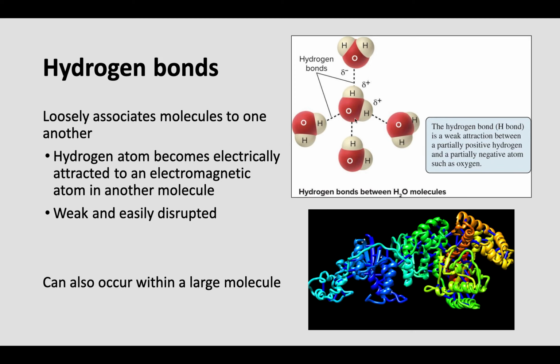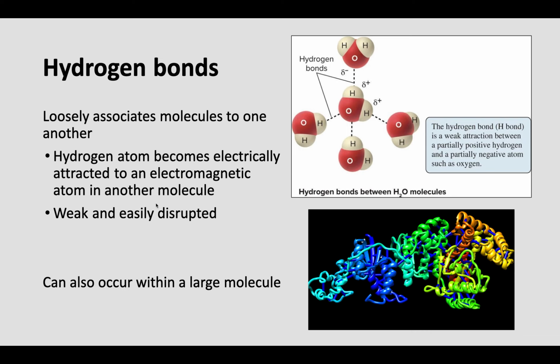That partial negative charge on the oxygen is going to be attracted to the partial positive charge of a hydrogen of another molecule. So molecule to molecule, they're attracted at different ends of their molecules, and they're going to create these hydrogen bonds. Now, as I mentioned, they're very weak. They're very easily disrupted. They're formed and broken all the time,